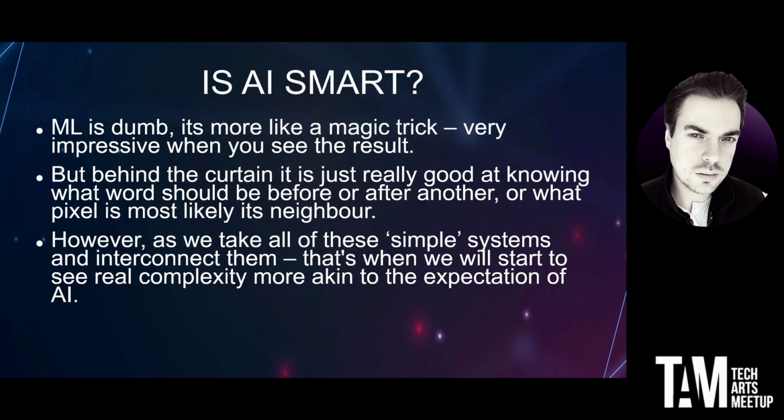And so this pulls me to, is it really smart? When you look at this, a lot of people will espouse it as if it's solving all these problems. And at least a lot of the machine learning that you're getting shown is pretty dumb in a lot of ways. It's more like a trick that it's showing you. It's very impressive, but when you actually look behind the curtain and see what it's doing, when it really just knows what two words are often together or what pixels are usually next to each other for certain situations, it can't really get out of that mindset. And obviously, as it improves and we see more systems interact with each other, that's when you'll start to see complexity. That's when you'll start to see something that looks more like human behavior.